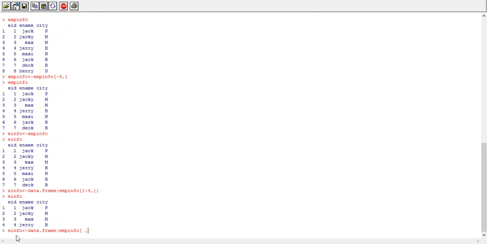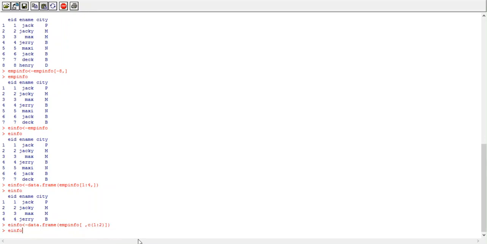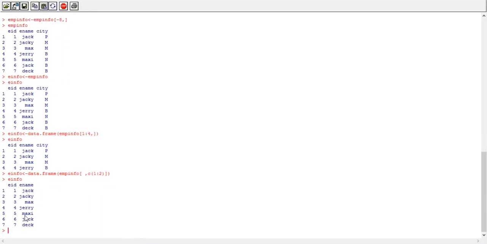If the row index is not given, it means that we want to work with all the rows, and if the column index is not given, we work with all columns. Now here I want to fetch only 2 columns, the first and second column. So I can simply write c of 1, 2. Now see, einfo is a newly created data frame by fetching the first and second column and all the rows from emp info, the old data frame.